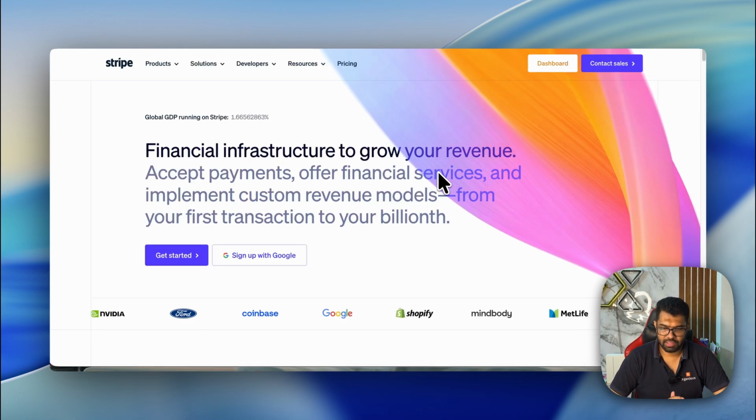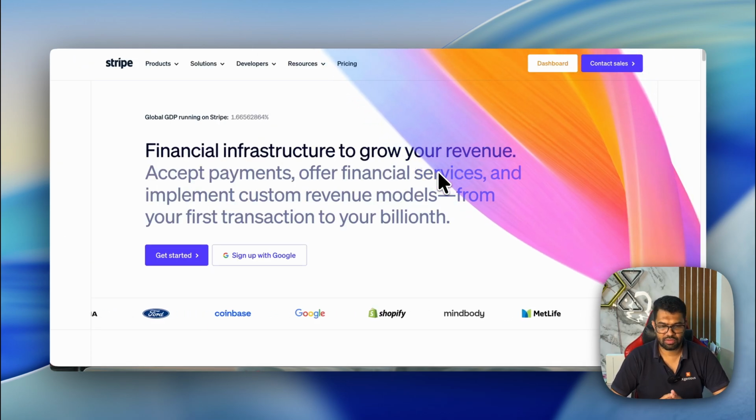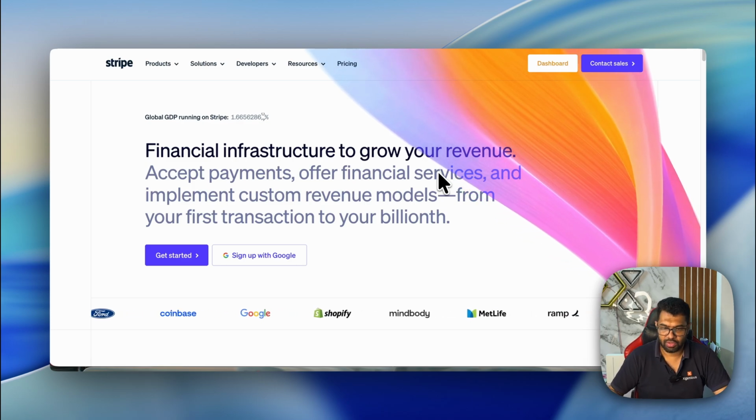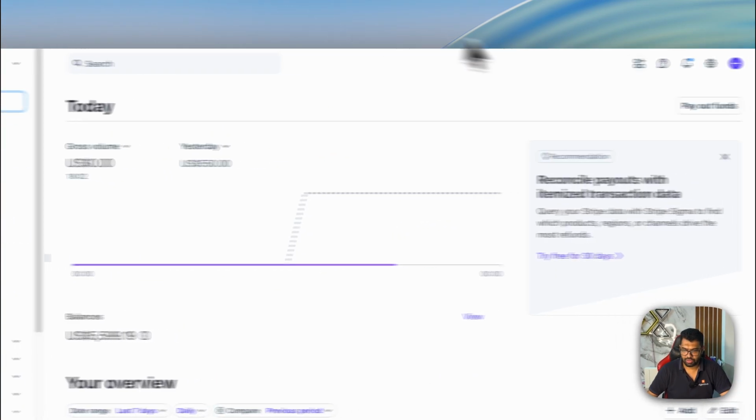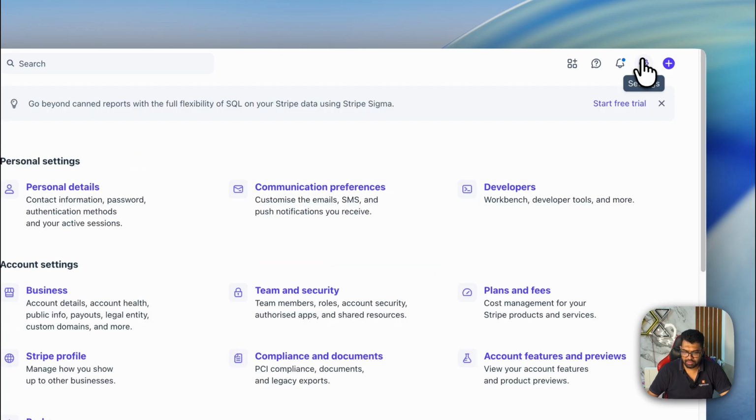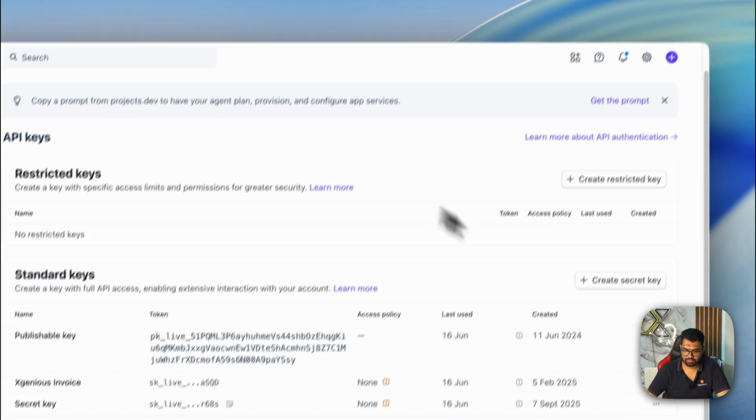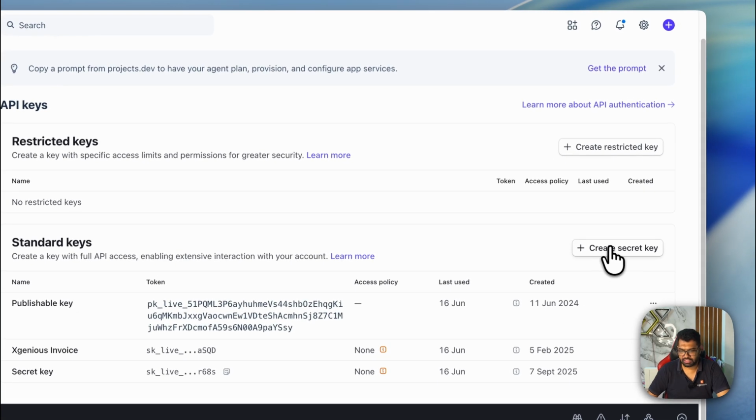Step 1, get Stripe keys. First, go to stripe.com and log into your account. Once you have logged in, go to settings, click on developers, then click on manage API keys, click on create a secret key,